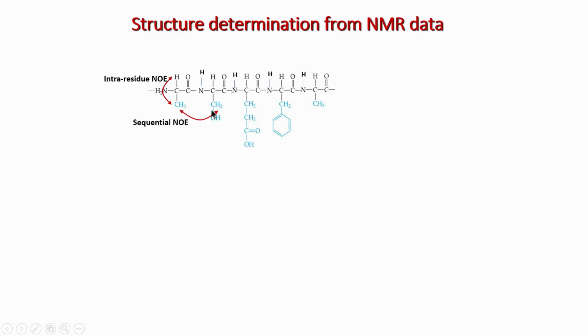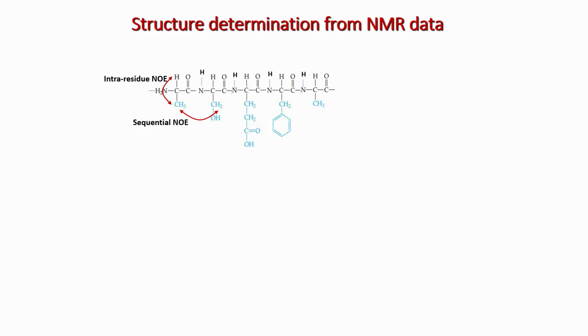Now, let us say I am seeing a correlation or an NOE cross peak between this beta proton of this alanine and this beta proton of this serine. So, this is an amino acid called serine. So, this correlation is now a sequential NOE because it is between neighboring amino acids. This is also slightly important, although not very important for us, because if you take a protein, be it alpha helix, random coil or a beta sheet conformation, the sequential, that is, this neighboring distance, normally is in a fixed range.